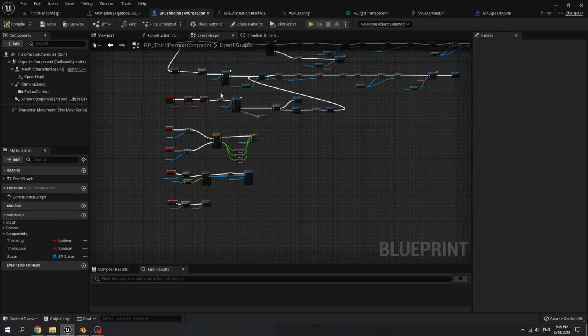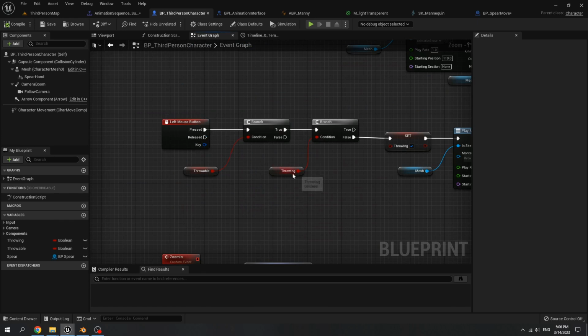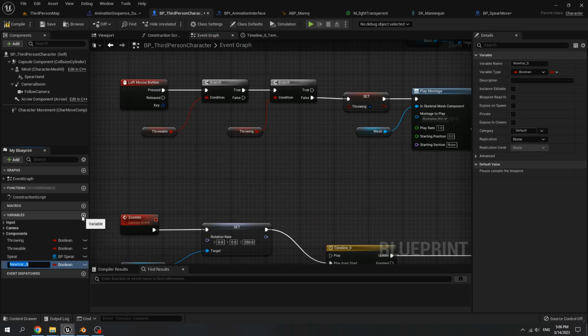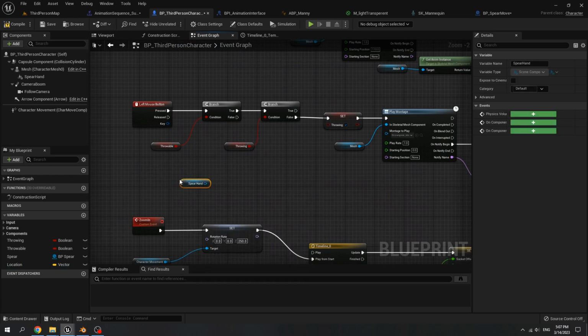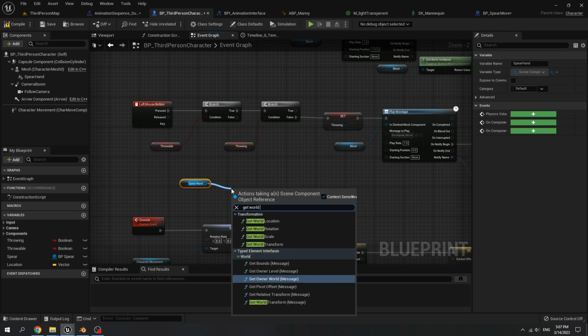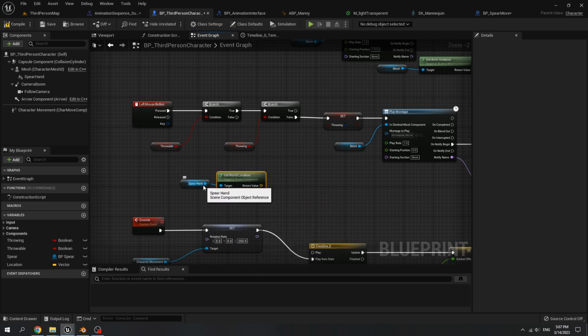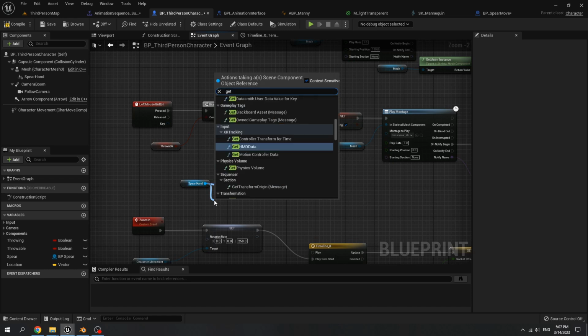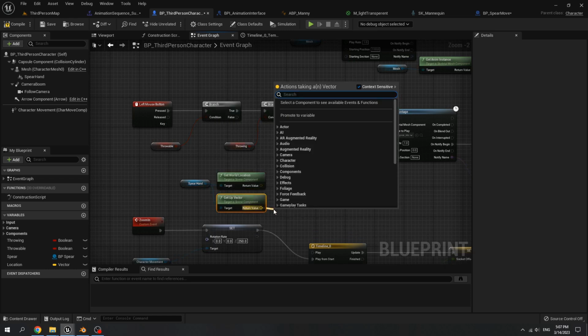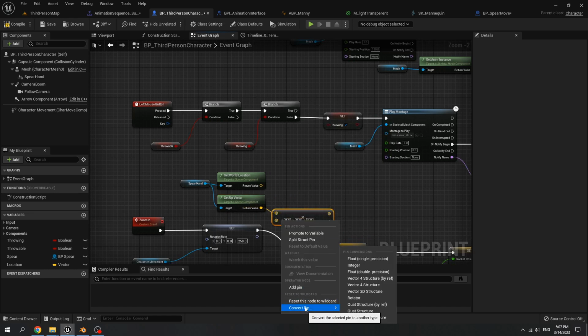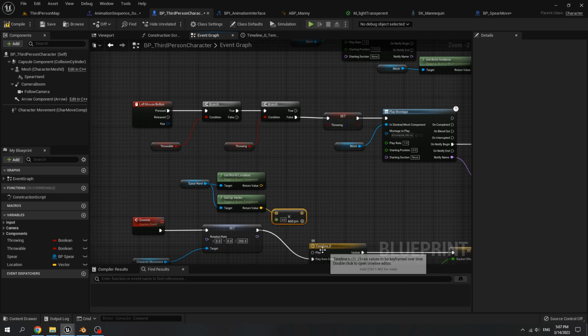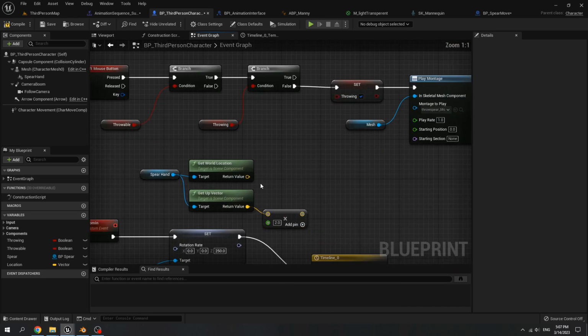Go to third person character blueprint. When we left click, add new variable, name it location, set variable type to vector. Get sphere hand, then get world location, get up vector, multiply it by 2, right click, convert pin to float and set it to 2.